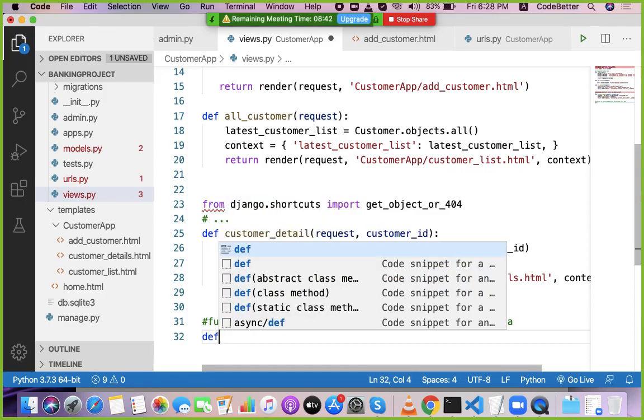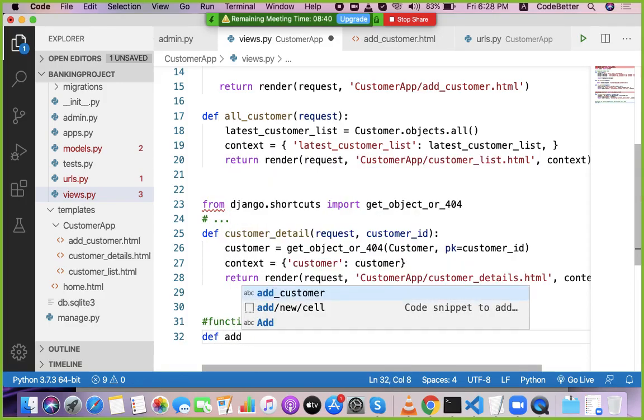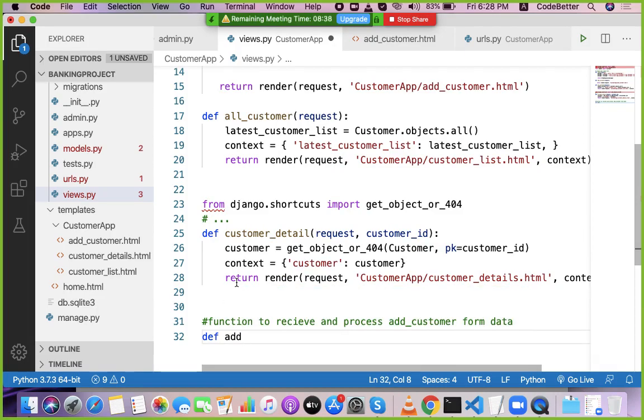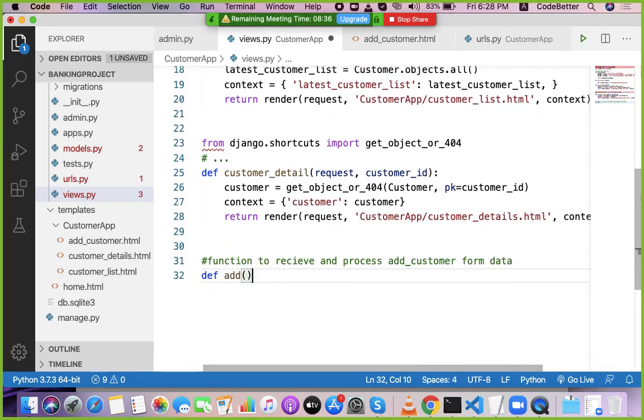So let's define a function named add. Since we are posting the data using a post request, there is no extra parameter received here. Don't need to put extra parameters here. We'll receive the parameters using the post. We just need to find the names of those parameters.